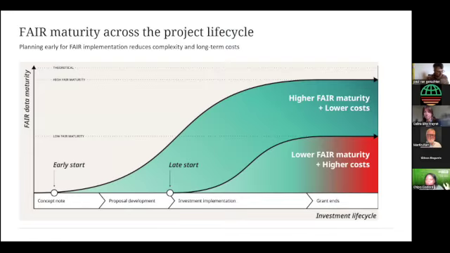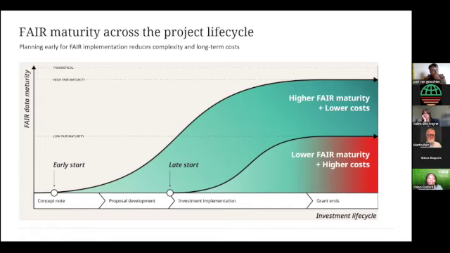And I think increasingly more and more, especially donors, are really starting to expect that planning for data management, planning for data governance, should be done early within a project lifecycle, right? It becomes very, very difficult and very expensive to try and retrofit good data practice once your project is operational, or sometimes even at the end, right? You've seen it. It's only at the end sometimes that people start thinking, oh, okay, so where are we going to put our data? Or your donor is asking to have access to the data, and then you now need to start thinking about, is it clean? Does it have all the right metadata?